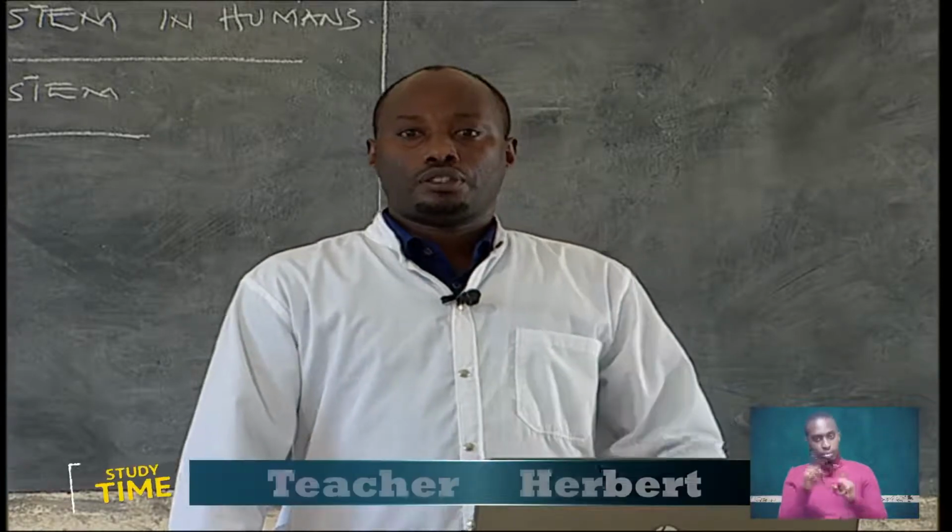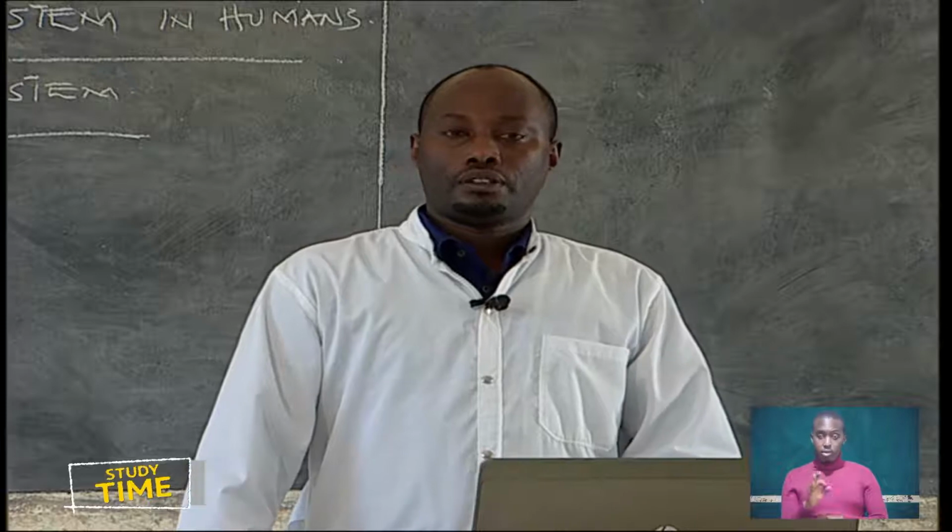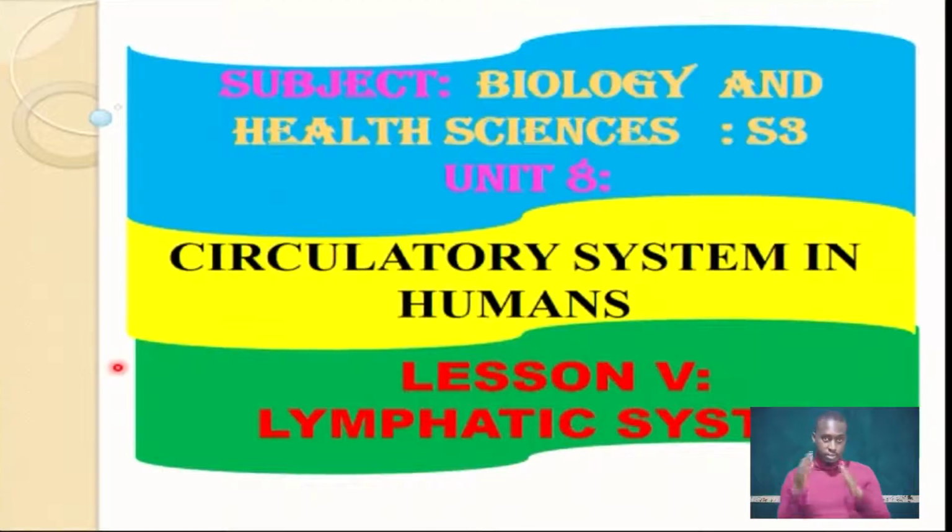As usual, I'm your teacher Herbert, and I will be taking you through the biology of Form 3, Senior 3 class, and we are still on the same unit, which is Unit 8. Unit 8 is concerning the circulatory system in humans, and it is Lesson 4-5, which is concerning the lymphatic system. As you know, in the previous lesson, we discussed the components of blood,